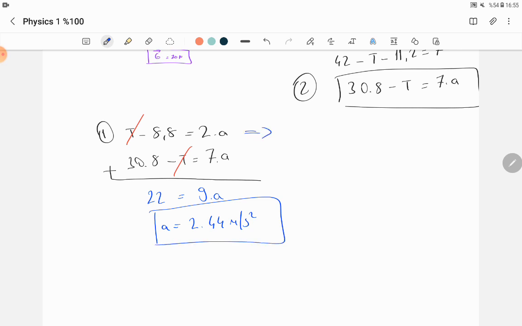If we write the acceleration value in the first or the second equation,